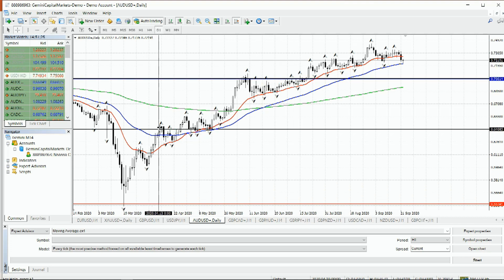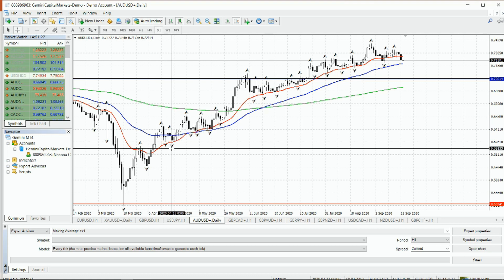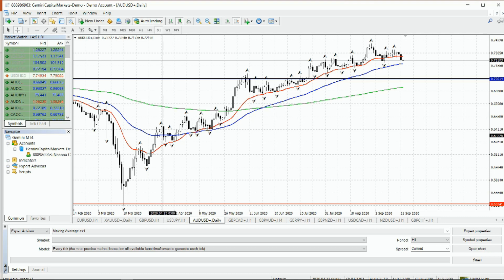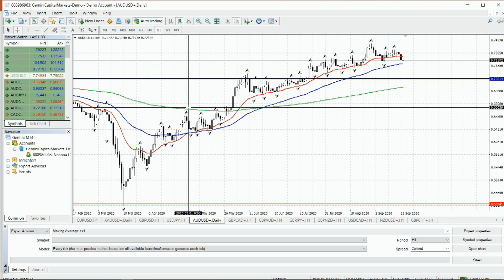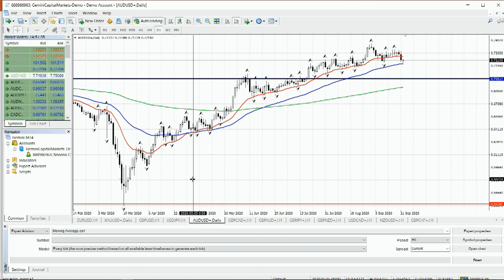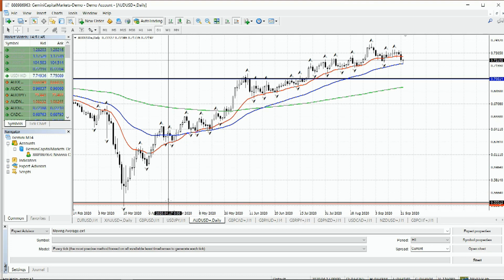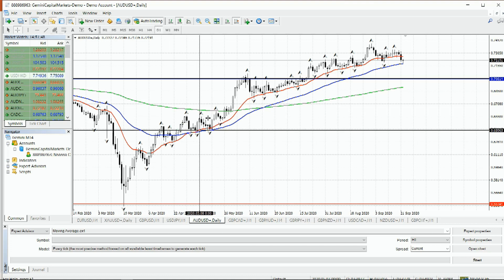The market has rallied back up, pulled back, rallied back. Remember, my stop loss was placed here. It rallied back, pulled back here, gone up again. I would not like to leave my stop loss here, because if the market runs down, it will take me out for a loss, and I'll take a loss after I've seen all of these profits. So what I do is, as the market moves up in my direction,